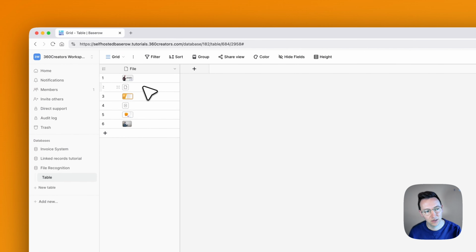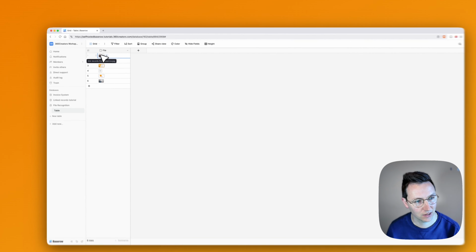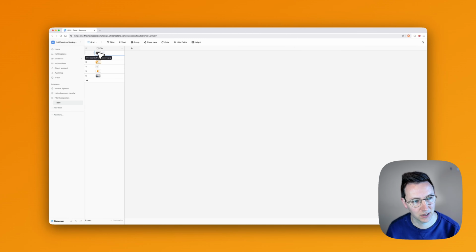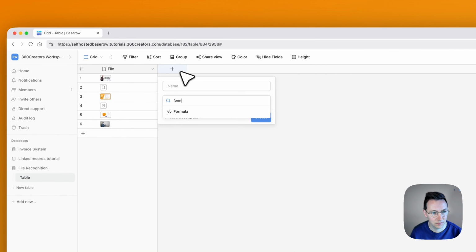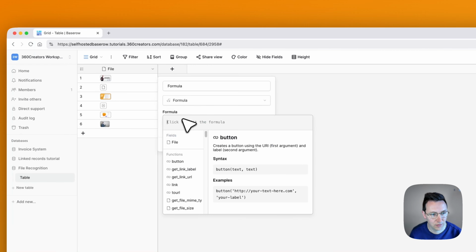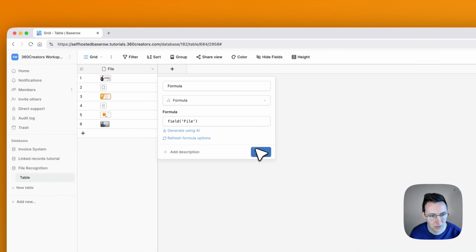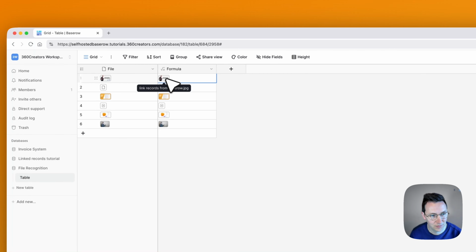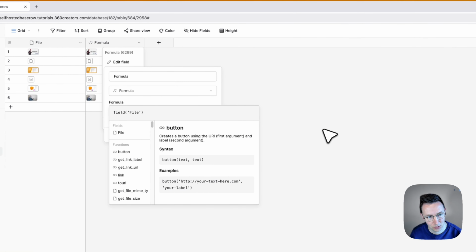First of all, I need to figure out how I get this file name that is showing up here, like link records from baserow.jpg. So what I did is I created a formula, and first I tried just using this field file create, but I'm still getting the exact same result, so I'm not really moving forward here. So what I figured is I could do concat,